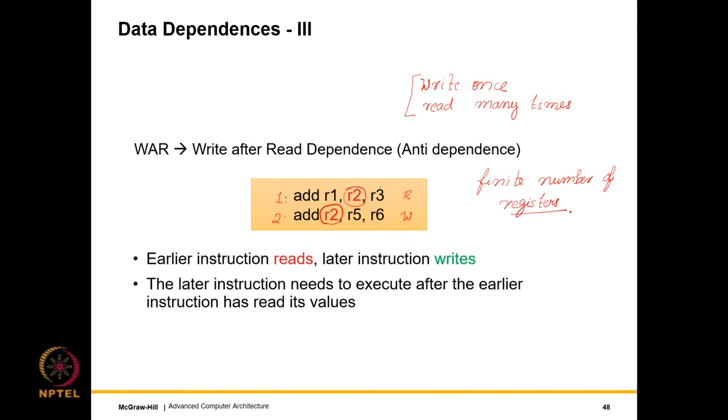And the reason for that is that every time we write to a register, it will actually be a new register. So this requires an infinite number of registers, which of course is not feasible, but we will see that we can do something to get rid of both output dependencies as well as anti-dependencies. All right. So this is something that we need to do, and we will see.